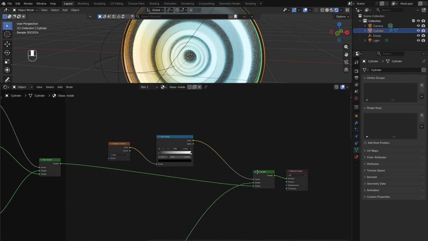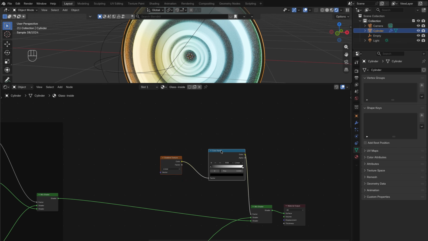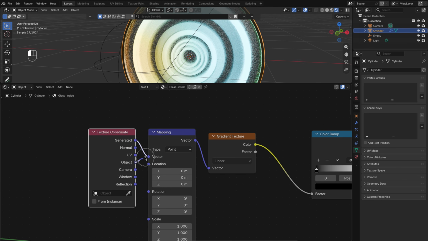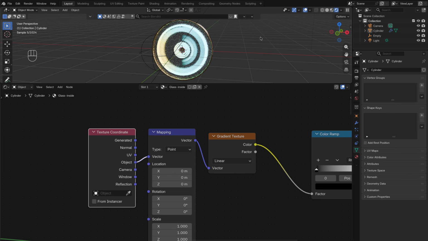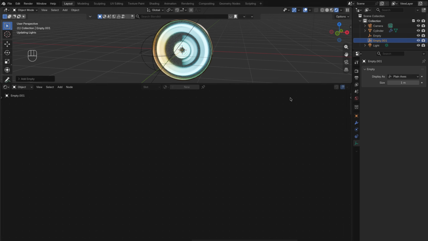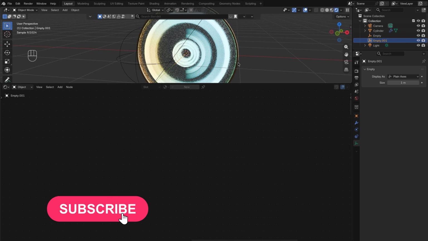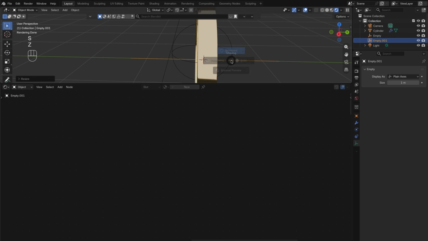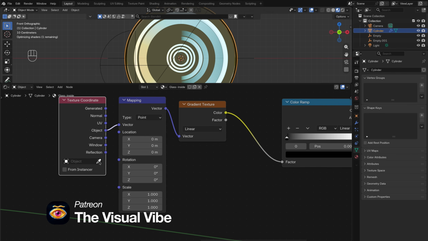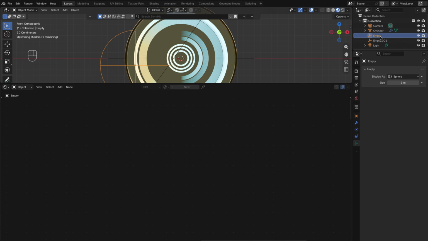Let's move it somewhere here. For the gradient texture I will hit again Ctrl T, and again I will switch from the generated to object. Then again I will add an object. In my case it will be, let's say, a plane. It's right in the middle. Let's switch to the material version. There we go. And if I here select the empty 0.1, which is actually I just added,